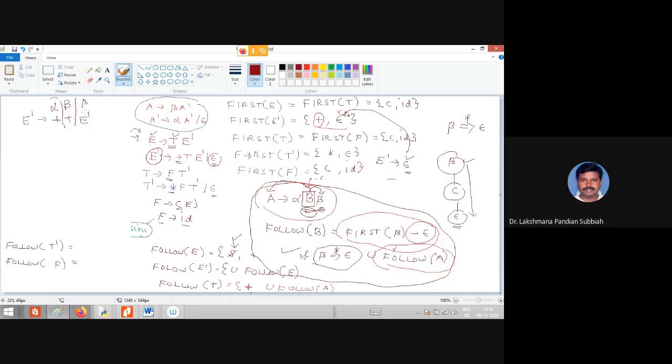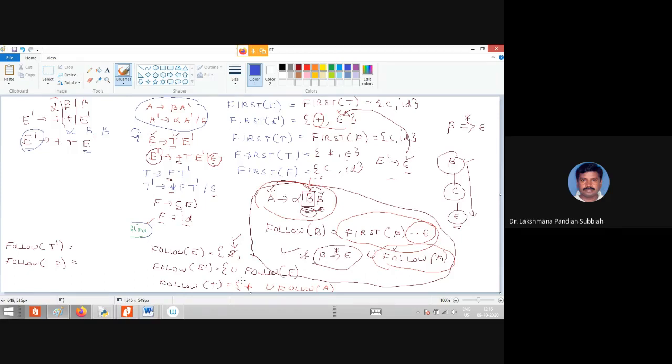Then here you have to move that B to the other one. So we have E dash derives plus T E dash. Now B is moved to the next non-terminal. Here B, this is alpha, this is beta. So in the follow of E dash, you have to union follow of E dash, which has no meaning.